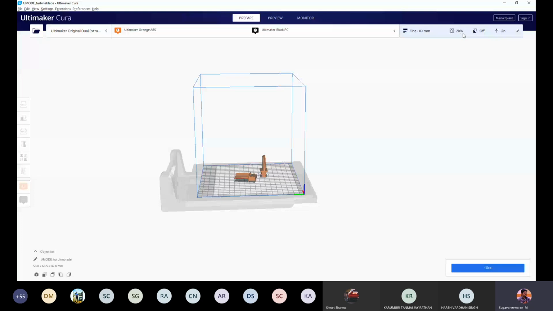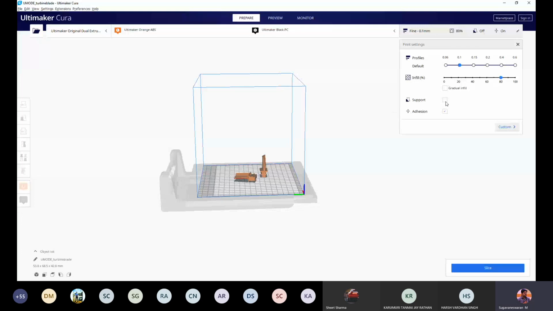But for this part orientation, go to edit. Under edit, profile default, you keep it as 0.1. Infill density, keep it as 80%. What infill is and what the profile is, that I will discuss in a subsequent class. That is based on tool path and slicing, so I will discuss those points in a subsequent lecture. For the part orientation demo, you keep profile as 0.1 and infill density as 80.